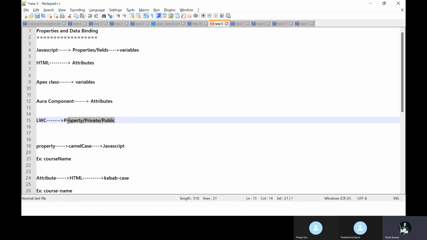TCS has this namespace and some public access modifier, so I cannot use this TCS software outside in another organization like Infosys or Global Logic. If you want to access this software from another organization, always give the global access modifier. Same thing you can apply here, like property, private and public.